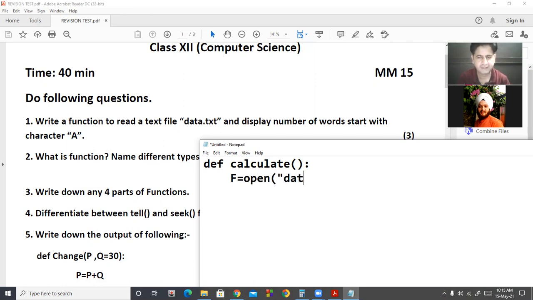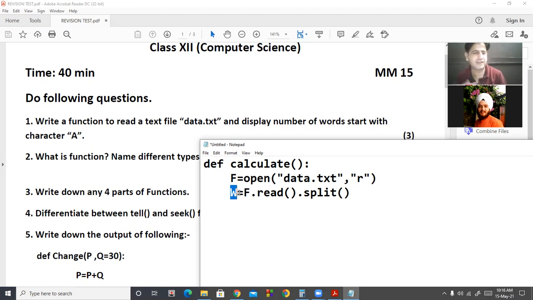Name of the file is data.txt, and this is a text file and it is in reading mode. And after that, we will read the data. So for reading the data, we take one string variable w and use f.read. It will read the complete data from the file. But if I'm using the split function here, it means it will split the data according to the different words. And now w will be the list in which different words will be as an element.